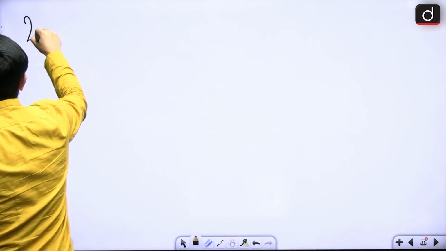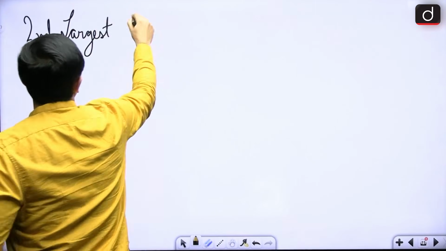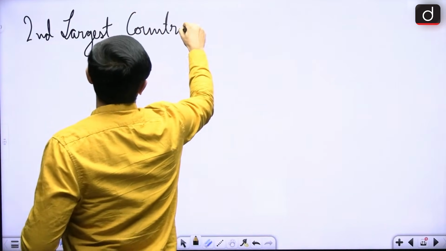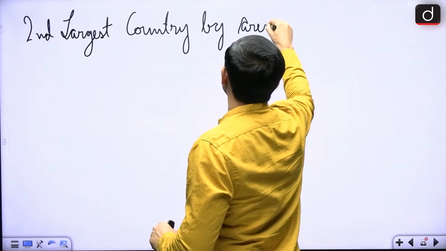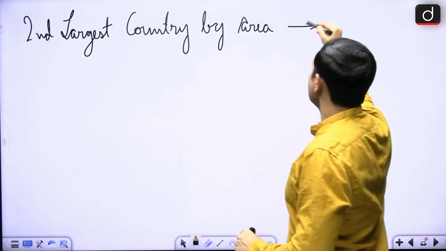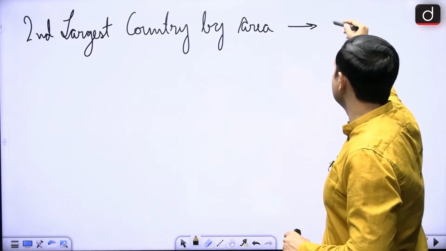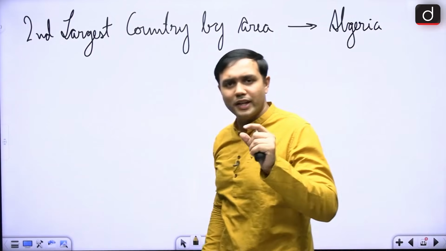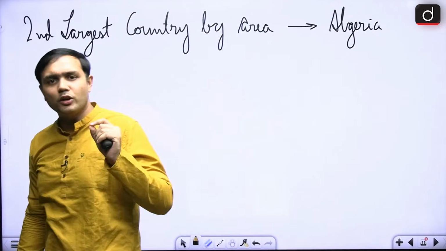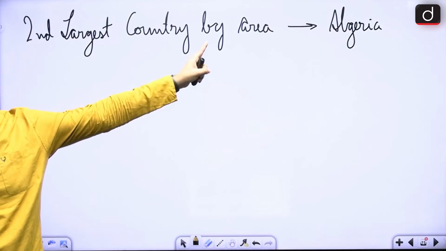So this is the second largest country by area, है ना? After किसके बाद? So it after Algeria, this is the second largest country by area. Algeria is the largest, but not very much. Like there is just a few square kilometers difference, right? So this is the second largest country by area.